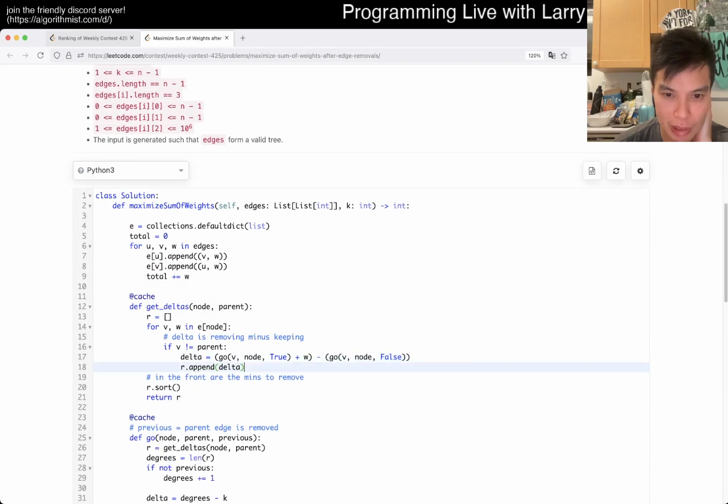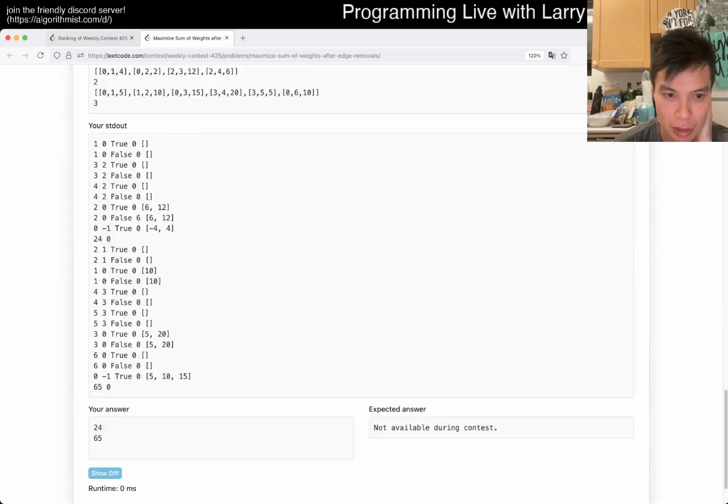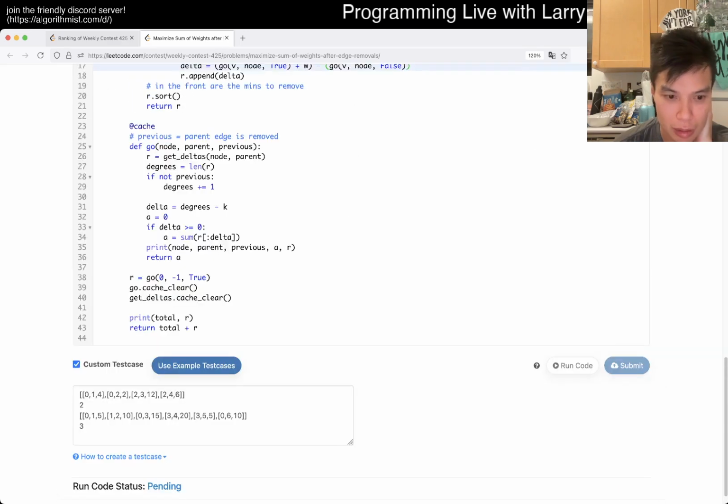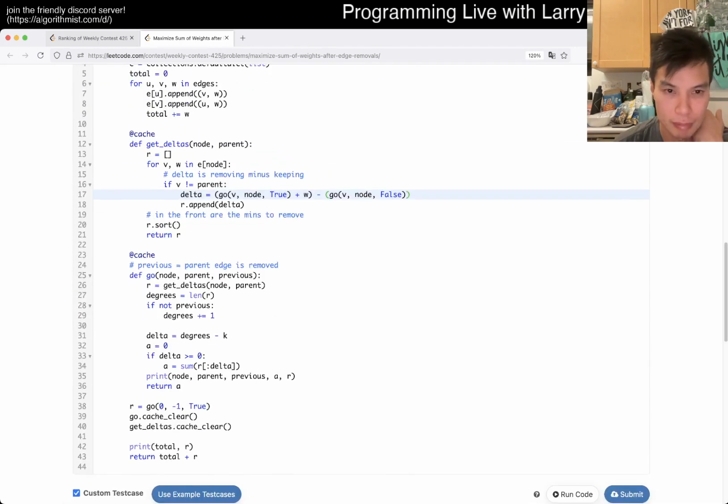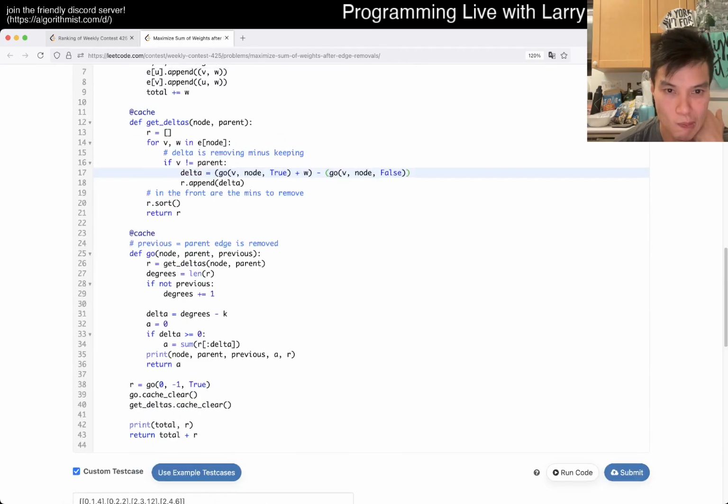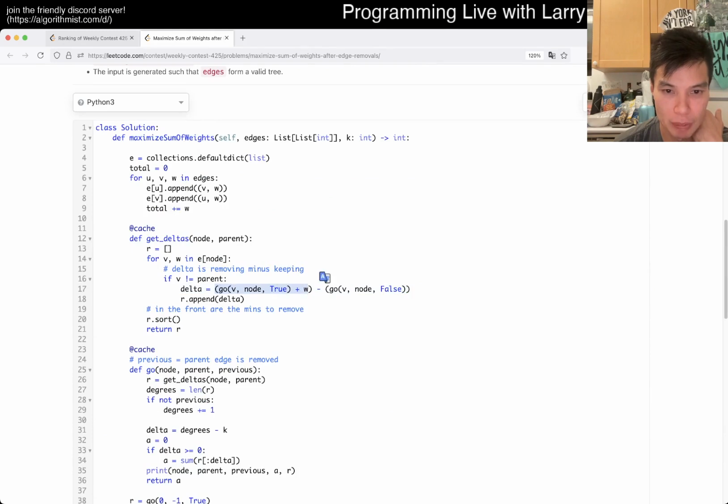But then we lose 6. So this is going to be plus 6. This part is going to be 0 plus 2. So this is the cost of